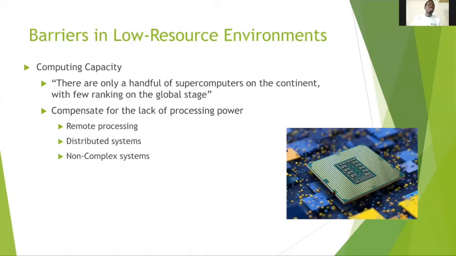Lastly, and probably most importantly, we attempt to build non-complex systems. As much as AI sounds very complicated and huge, when it comes to low resource environments, we have to think of decomplexing the solutions and creating something that is far less complex than the AI we have in our minds. And so sometimes we have to come down to the level of basic AI, things like finite state machines or search algorithms.